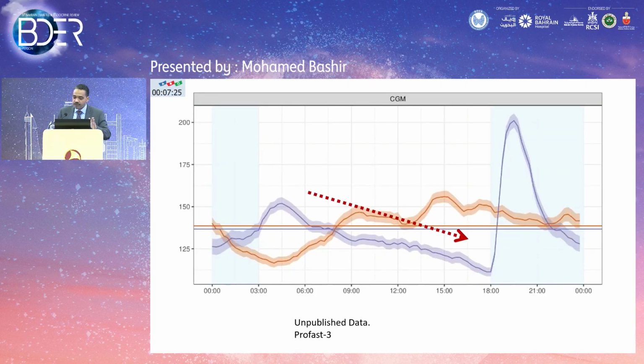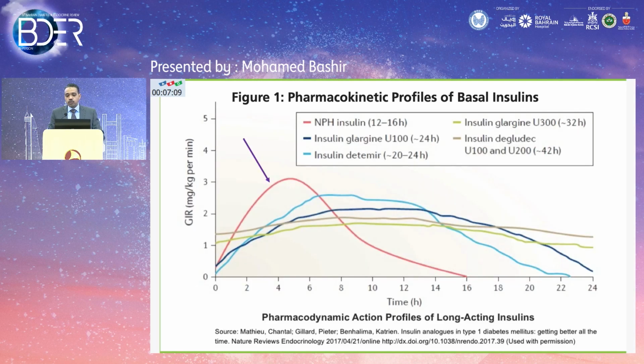So I showed you this graph again. The patients are more vulnerable to hypoglycemia towards the end of the day. That's why basal insulin, glargine and detemir, the older ones, were given before iftar. And I've shown you the huge surge that happens in the postprandial glucose. I don't think we're using NPH anymore here, but glargine and detemir have a tail end, and they don't stay for 24 hours. So giving them before iftar, you get the benefit of this tail towards the end of the fasting, so you avoid the time where they are more vulnerable to hypoglycemia.